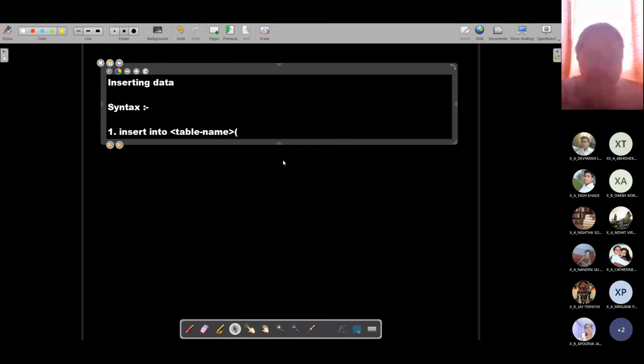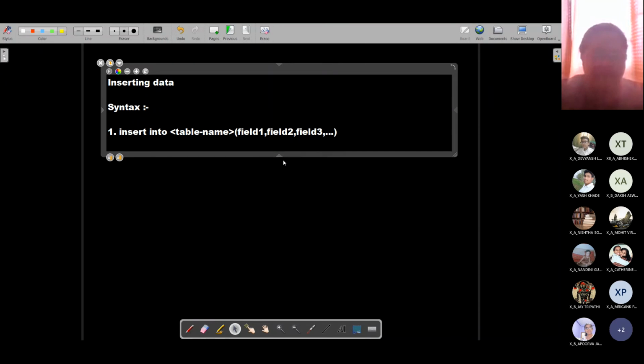So within the parentheses, I'm going to provide the field list. Field 1, field 2, and field 3. Suppose you have a number of fields over here. And then you will be entering values. Values for each of the fields, like value 1, value 2, and value 3.